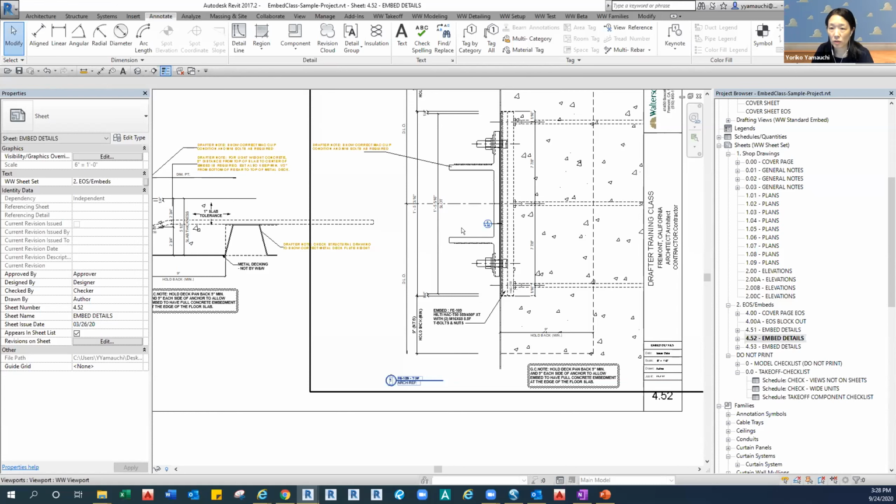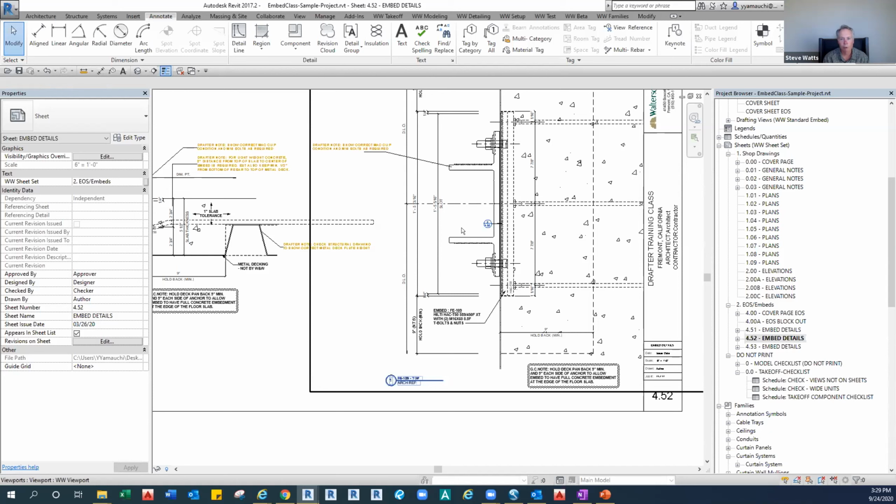Okay. Correct me if I'm wrong. What I heard from the field team is when they install the embed, usually the GC installed, they only look at the embed drawing, not the shop drawing. Also, in Southern California, it's more common for the GC to install the embeds. In Northern California, it's more common that we install the embeds. Okay, it depends. But the opposite happens in both places too.